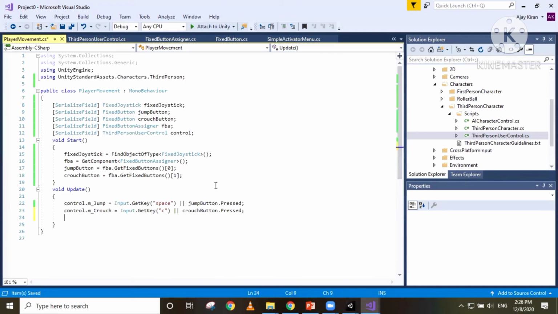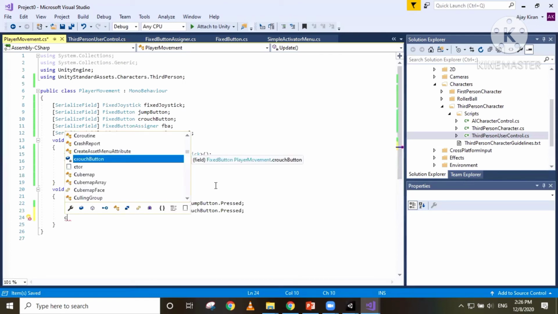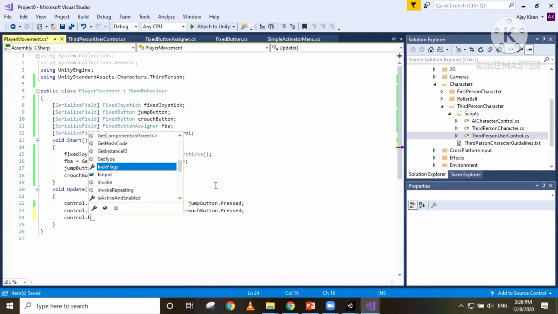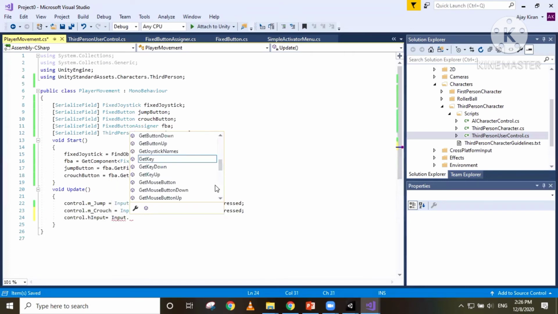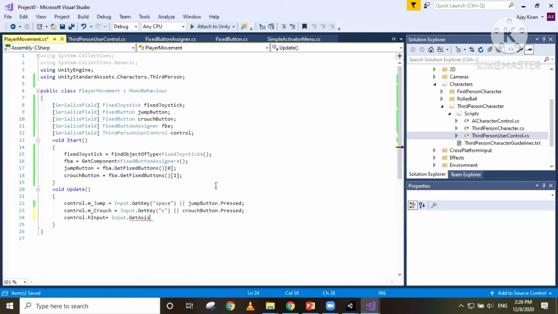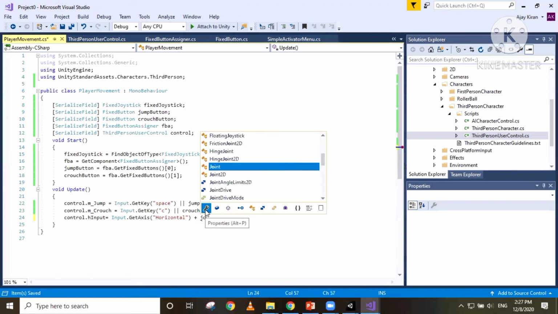For the H input and V input, we're gonna need control dot H input equals input dot get axis horizontal plus. Here we're gonna use plus because H input and V input are float variables, and here we used or because both M crouch and M underscore jump were Boolean variables, and this is going to be joystick fixed joystick